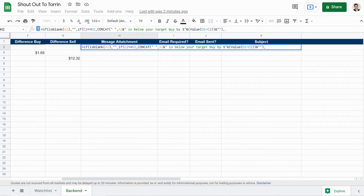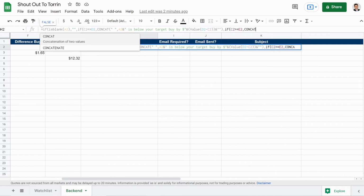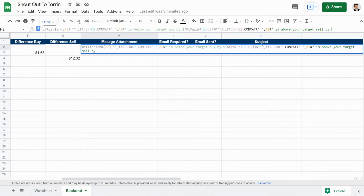parenthesis, comma, IF, open parenthesis, C2 is greater than or equal to E2, comma, CONCAT again, so CONCAT, open parenthesis, quotation, space, quotation, comma, A2, and, comma, quotation, space, is above your target sell by $, quotation, and,